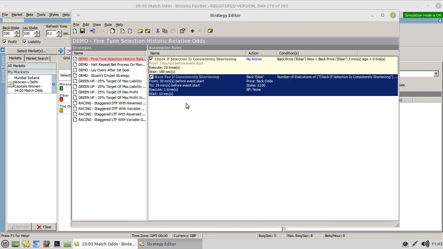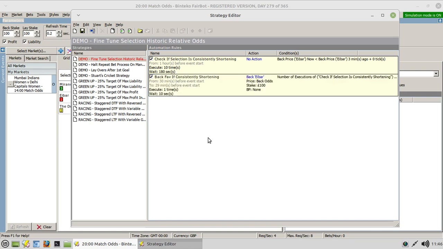So that's going to stop, and the reason for that is this thing here will still try to loop round 10 times, and if at one point in time that condition is not true, it simply doesn't increment, but it will carry on incrementing each time that condition becomes true. So essentially, you either have to put a stop on this one to say, right, stop 30 minutes out, or you can use that one to prevent it from putting the bet in if that count reaches 7. Either will work, doesn't matter.